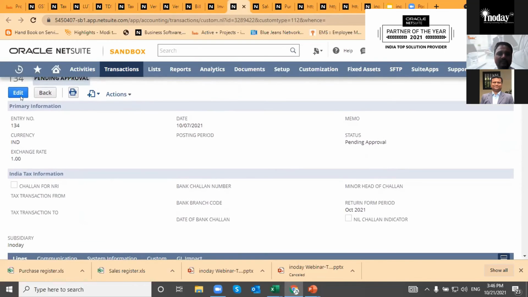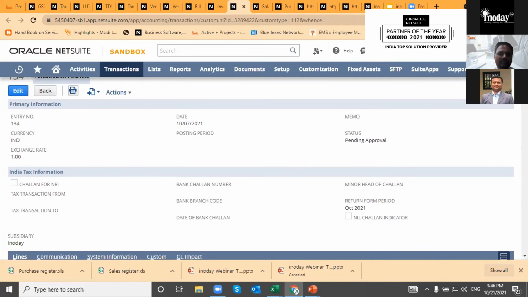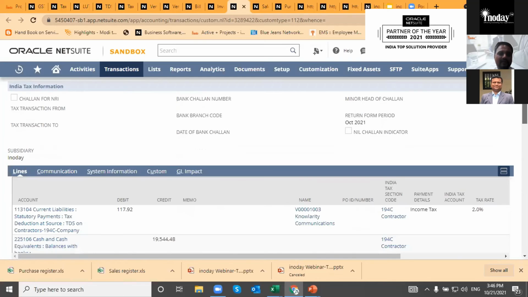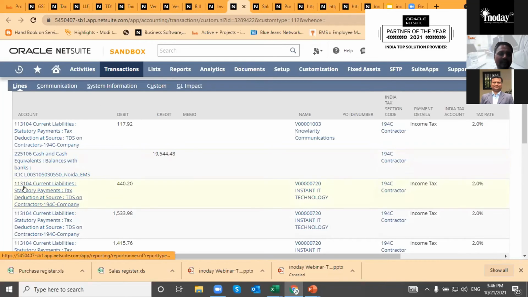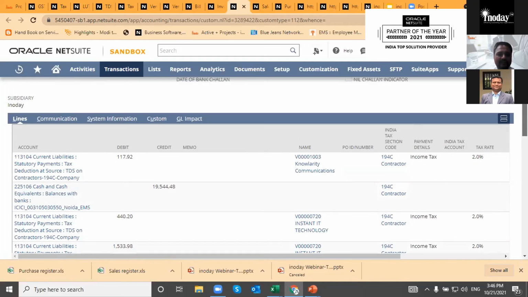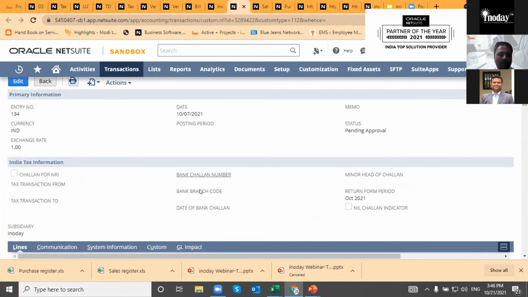This is just in the parking mode. We can see the status is pending approval, which is the default parking mode. Once this is approved, the financial impact will be posted in the books. Once we pay the challan, there is a default bank account attached against it for payment of this challan. We can modify it at the time of payment of the challan and fill all the details related to the bank challan,